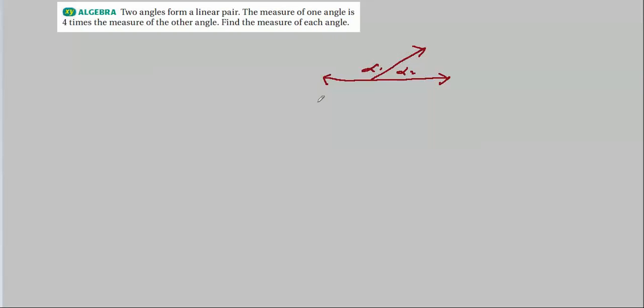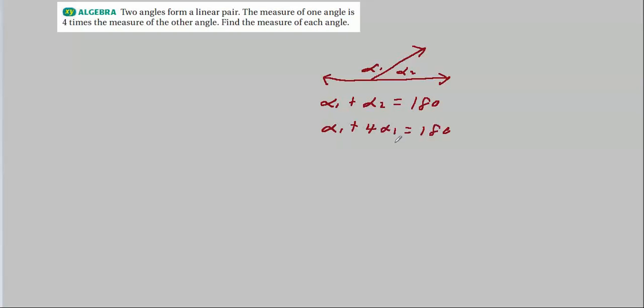Being a linear pair, we know that alpha 1 plus alpha 2 equals 180 degrees. And let's start out by writing down what you know. That's usually a good place to start. We also know that the measure of one angle is 4 times that of the other. And it's arbitrary which one is the larger one. They don't specify. So we'll just say alpha 1 is the big one. Pardon me, alpha 1 is the small one. So alpha 2 would be 4 times alpha 1. And that equals